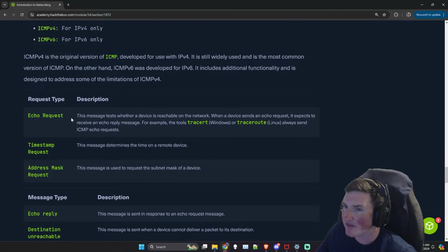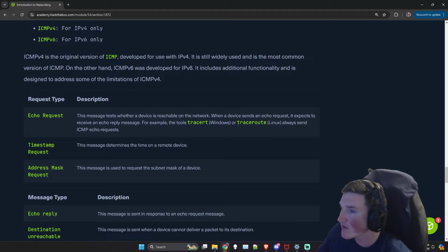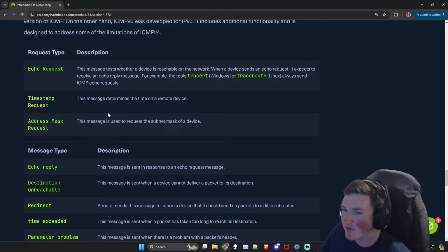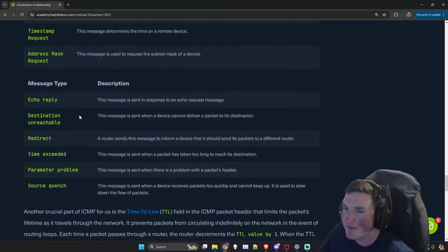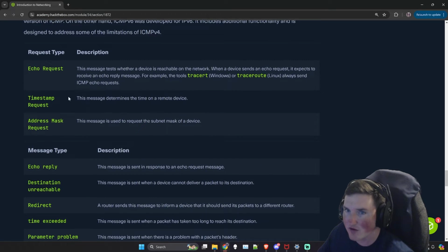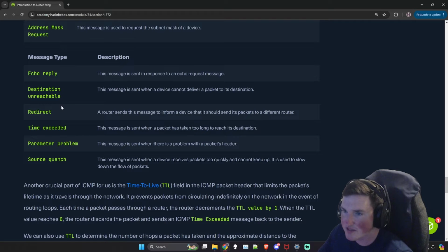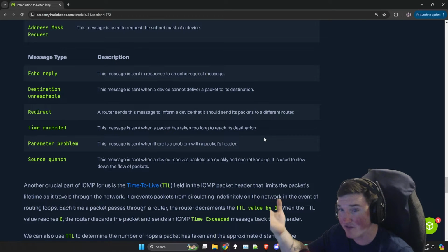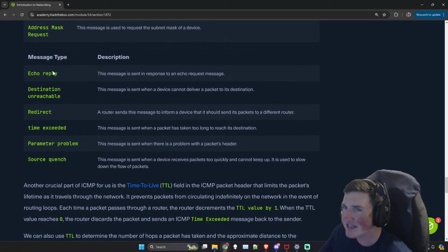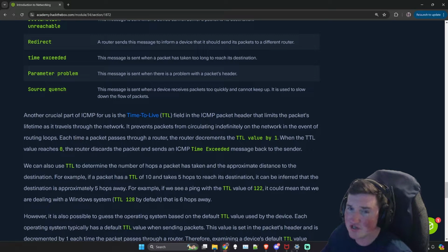So we have the echo request, which is your ping, right? You have your tracer. So tracer is going to be, hey, we're going to follow the path and see what you're doing, right? All right. Timestamp request, again, just give us the timestamp, right? We have the reply, because when you send an echo request, you expect a reply, right? You would typically expect it. Time exceeded, if it's taking too long, it's going to say, hey, time exceeded. That's important because you don't want a packet just to live forever out there, right? So there's all these things, and you guys can read through these, but just know the difference, right?